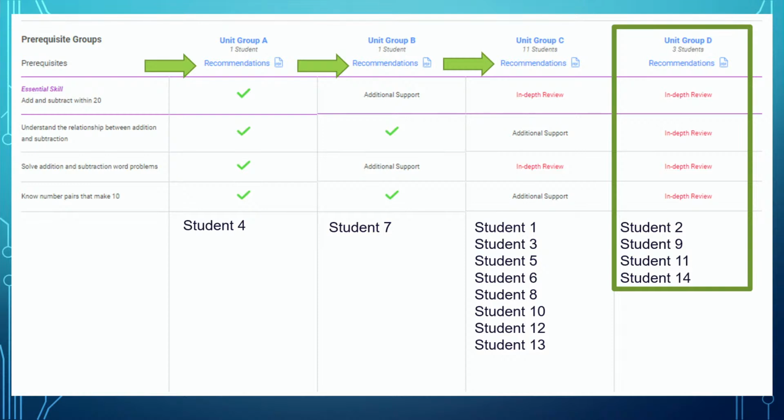So what this report will do is let the teacher review what the critical prerequisite skills are. Instead of trying to teach the entire prior year's curriculum, it identifies targeted standards that are a must-do for the students to be successful moving forward. So it really saves some time for the teacher to target instruction strategically.